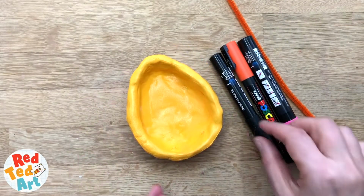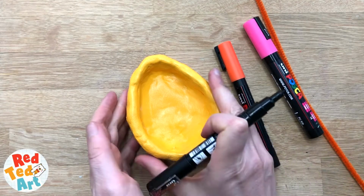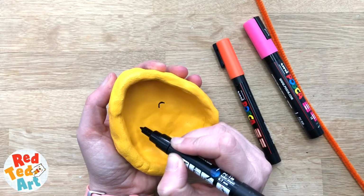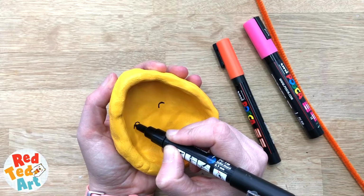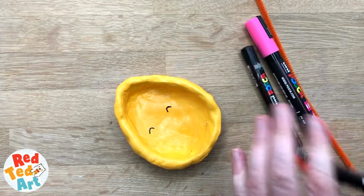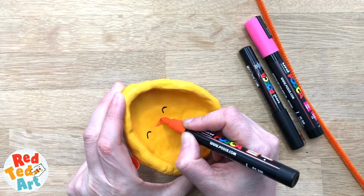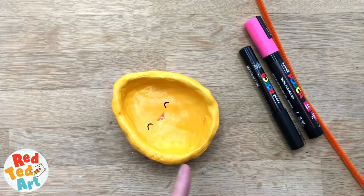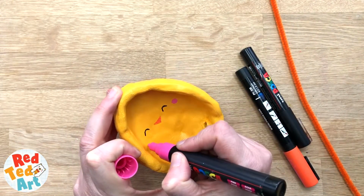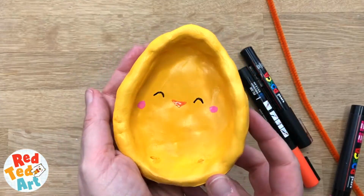So now the basic egg shape is dry. I'm going to use these paint pens, but you can also use toothpicks and paint if that's a bit easier. And I'm just going to add a little chick face. So I'm going to give it these half open eyes. And then I'm going to give it a little orange beak. And some rosy cheeks, and there you go. So you could just leave your chick pinch pot bowl at this point just like that,